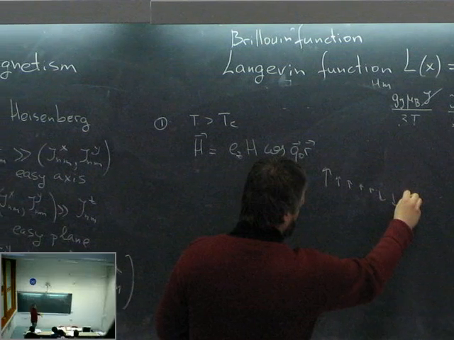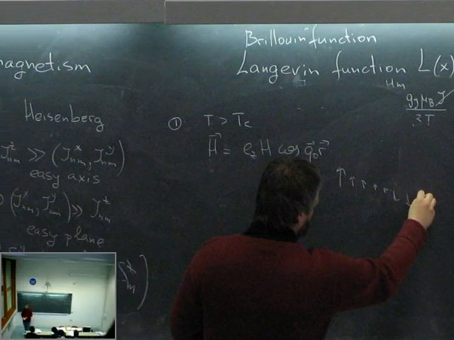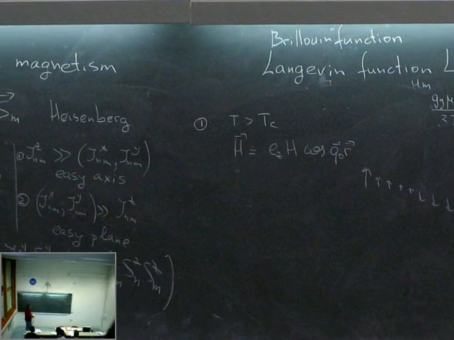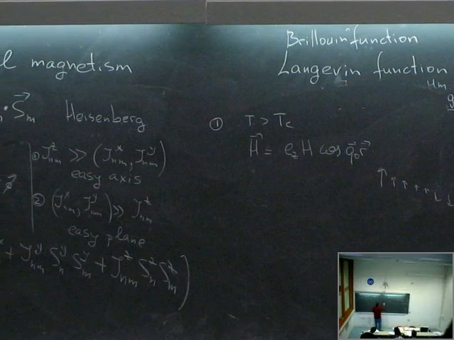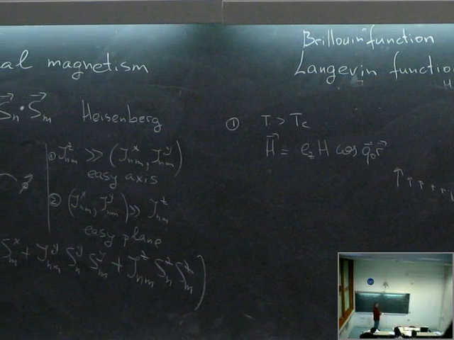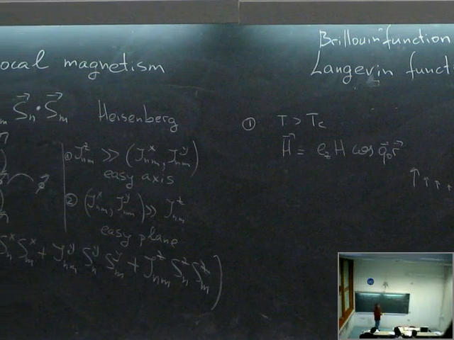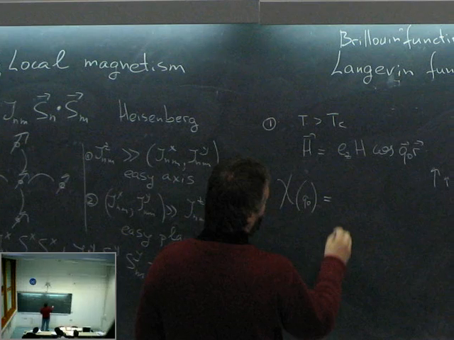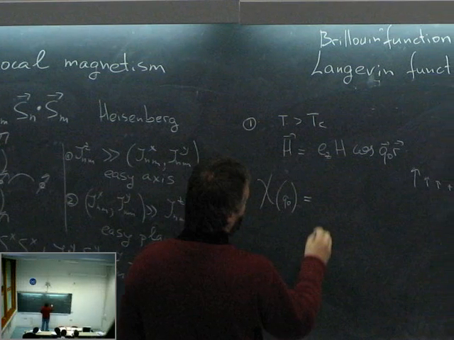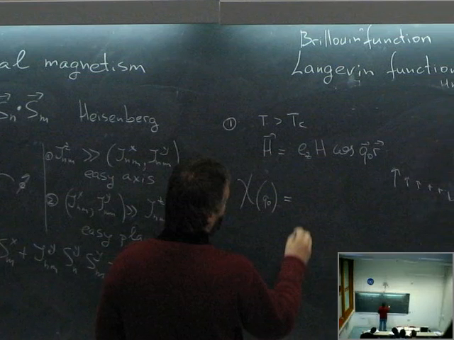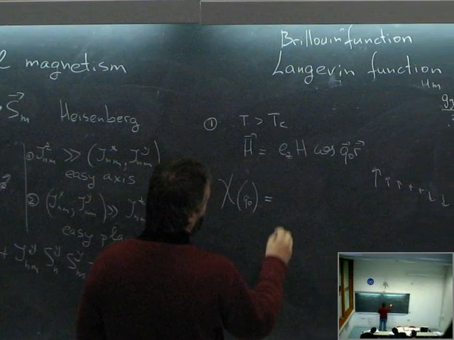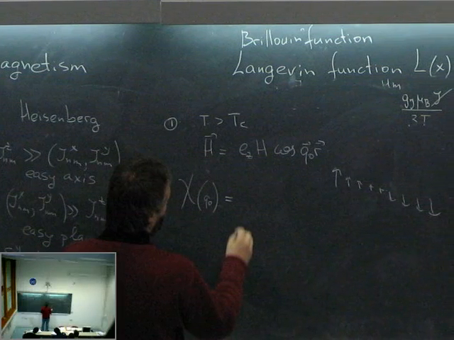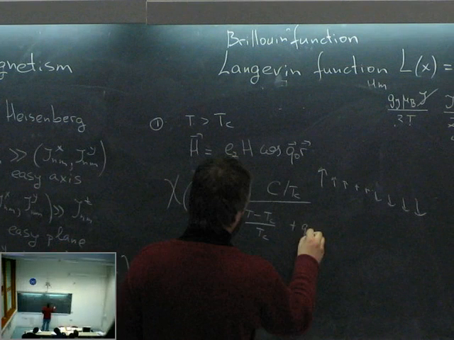This will be done using molecular field theory applied to this Hamiltonian. Then what I will get is the susceptibility. I'm still discussing static effects, so nothing depends on time. Depending on Q mode, it will behave as C over Tc, and here temperature minus Tc over Tc plus Q node